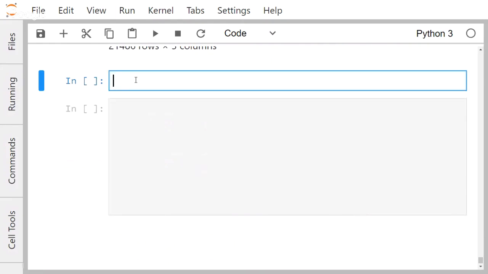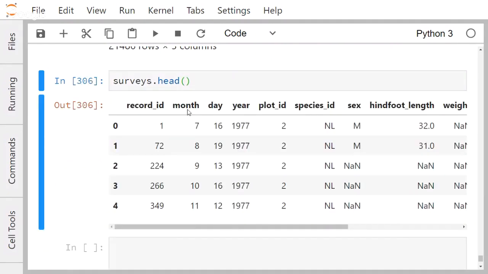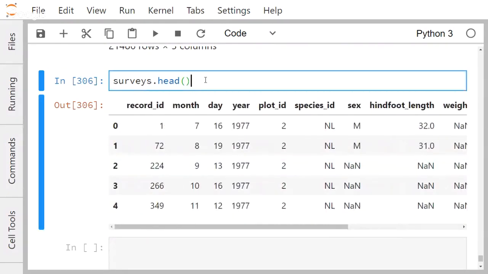so 2 last things. One is we're going to cover how to generate new columns. And so what you might have noticed is, I'll just take the head of this. The weight column is actually in grams. So suppose now that we wanted to convert it from grams to kilograms, all we have to do is, just like with the dictionary, we open up new braces and then we type in a new column that we want to add, weight underscore kilogram. And in this case, all you have to do to convert from grams to kilograms, take the weight, divide it by 1,000,